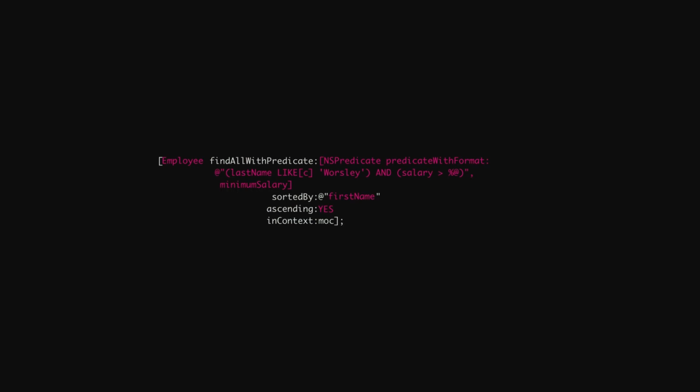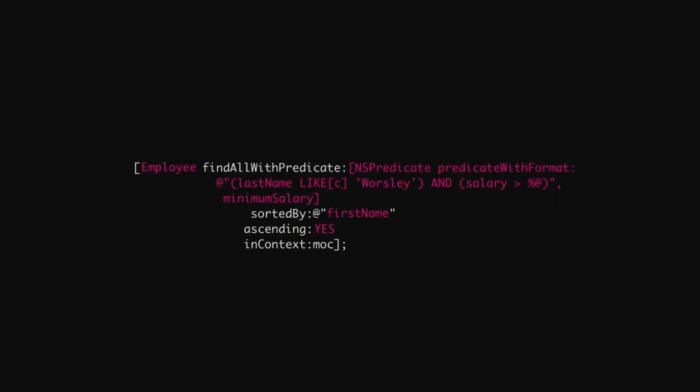Now this makes this easier to read, easier to understand, and you can also build on top of this because it builds one operation rather than this sequence of all these things that are happening that is just really hard to decipher. So this is nice, and let me make it a little bit bigger so you can actually read it from the back there. And yeah, it's not that difficult to read. You can see what's going on here. I need to find all the employees that match this predicate and sort them by first name ascending. Great, all right? And every finder type of method in MagicalRecord follows these two conventions.